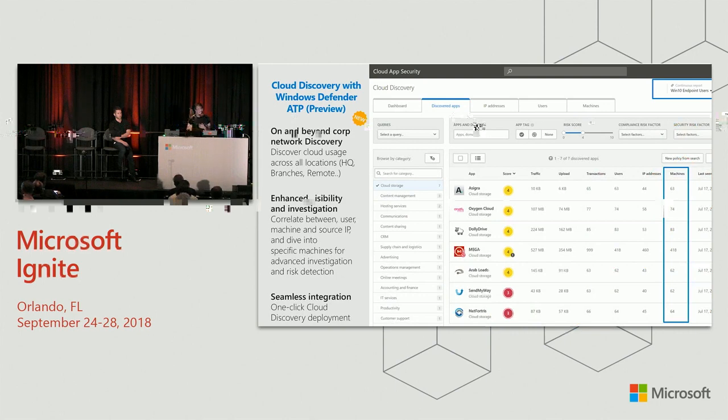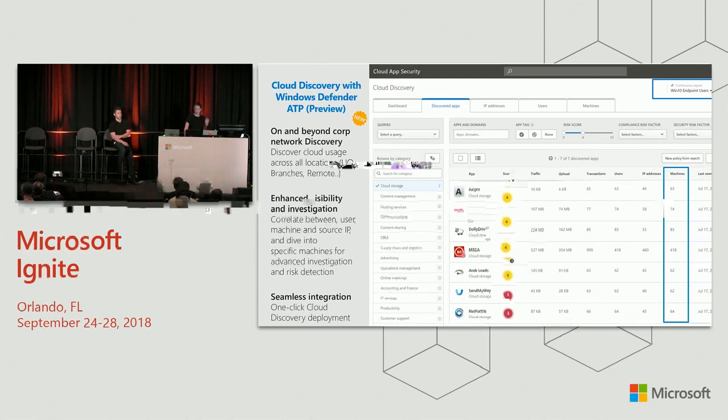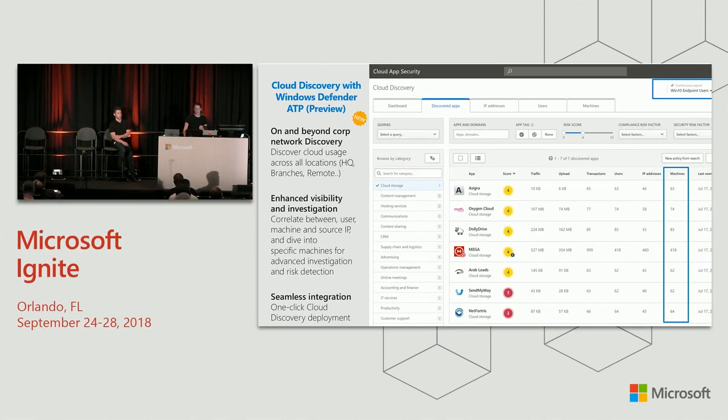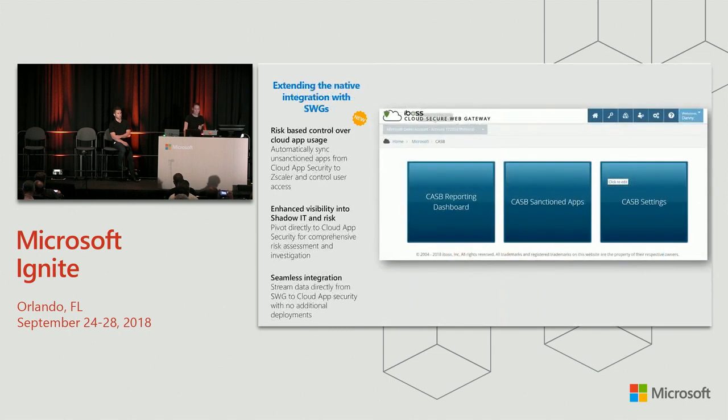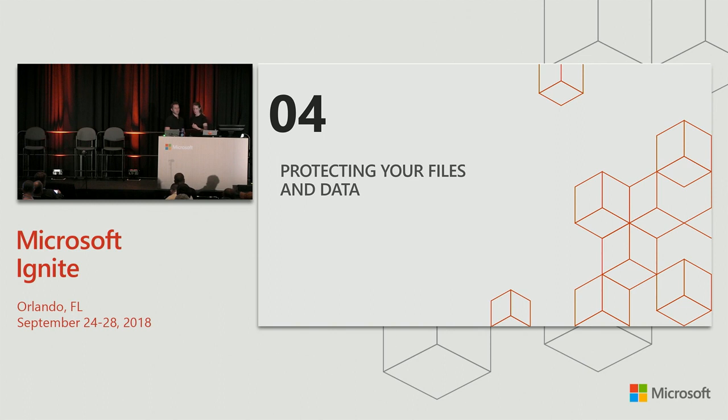So quickly, to wrap this up, the couple of new things that we saw is the brand new integration of cloud discovery with Windows Defender Advanced Threat Protection, which is an easy enablement with a single toggle. And then secondly, our new integration with iBoss as a secure web gateway vendor, which is the same integration that we already had announced with Zscaler earlier this year. And with that, I'm going to hand over to Niv. Any questions about cloud discovery before we go to talk about information protection?